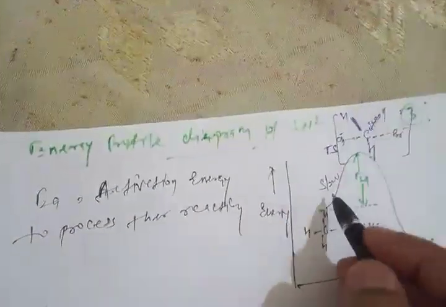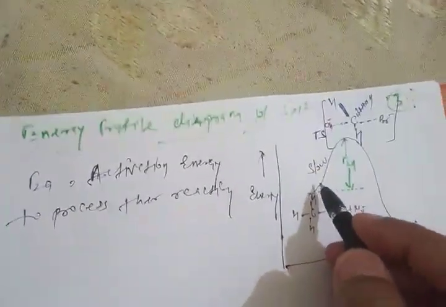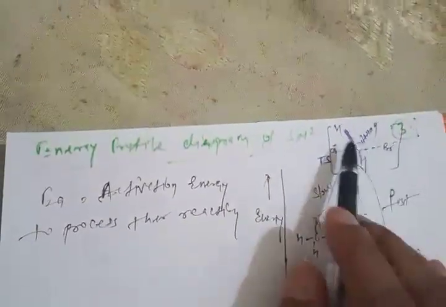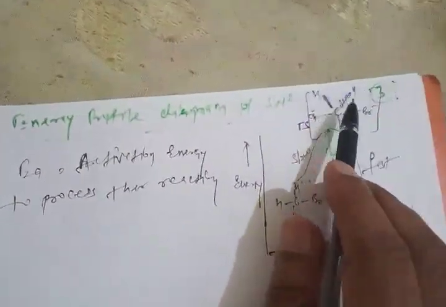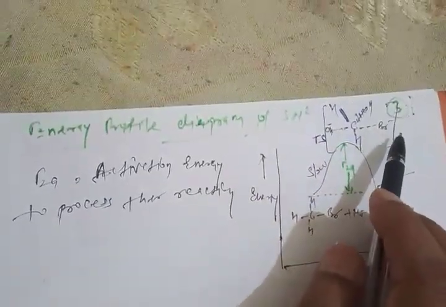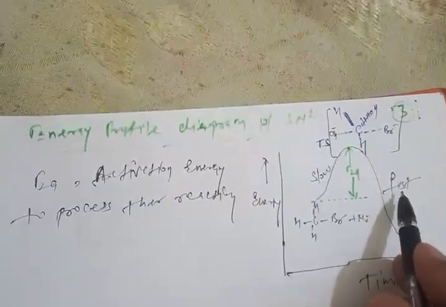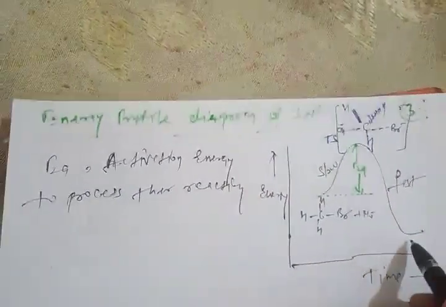And then this is a slow reaction. Earlier we required higher energy, so it is a slow reaction, and this becomes certainly fast because this is a transition state and this is highly unstable. If it is highly unstable, it will proceed faster. So this is a fast reaction, and then in this case we'll get the product.